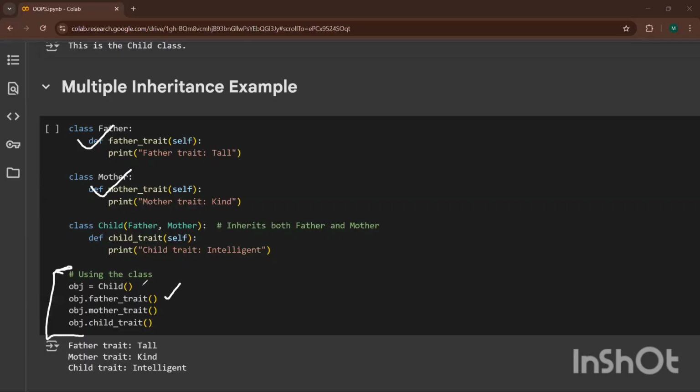All three classes I can get with only one class named child: father trait, mother trait, and child trait. And you guys can see the answer in front of you. Everyone clear with that?